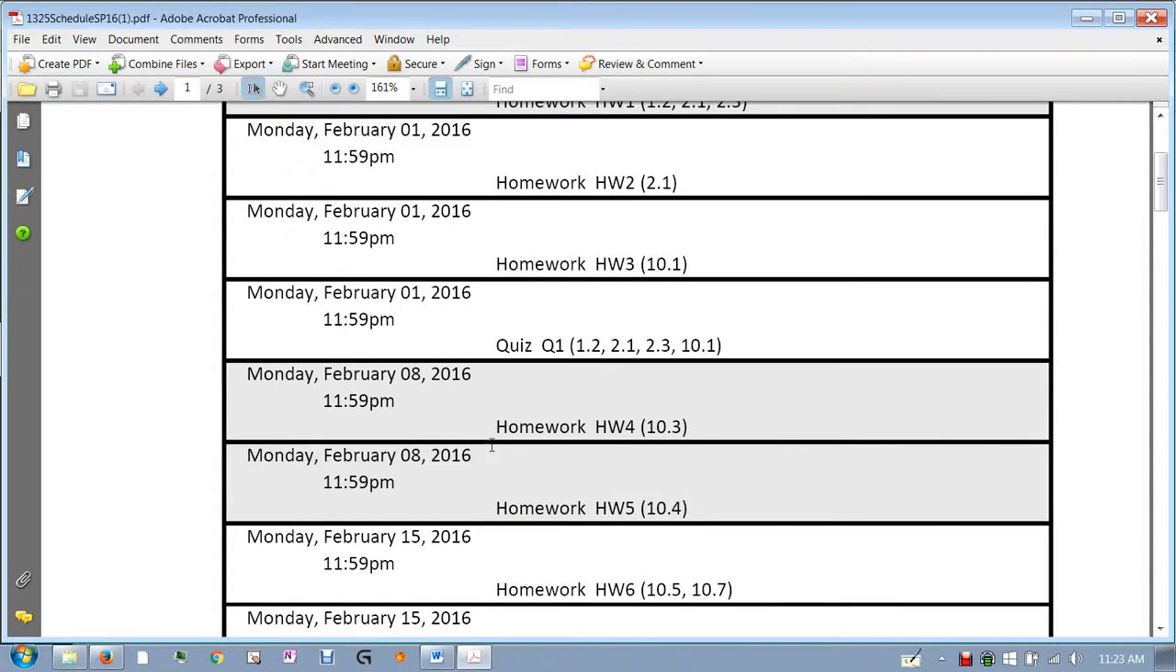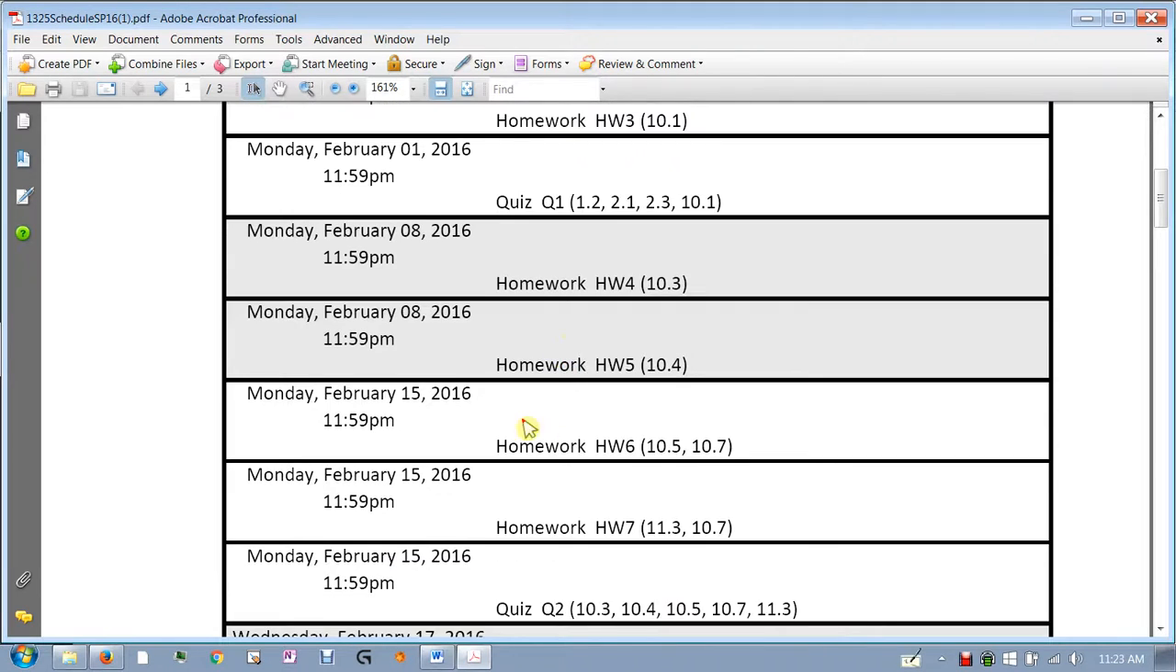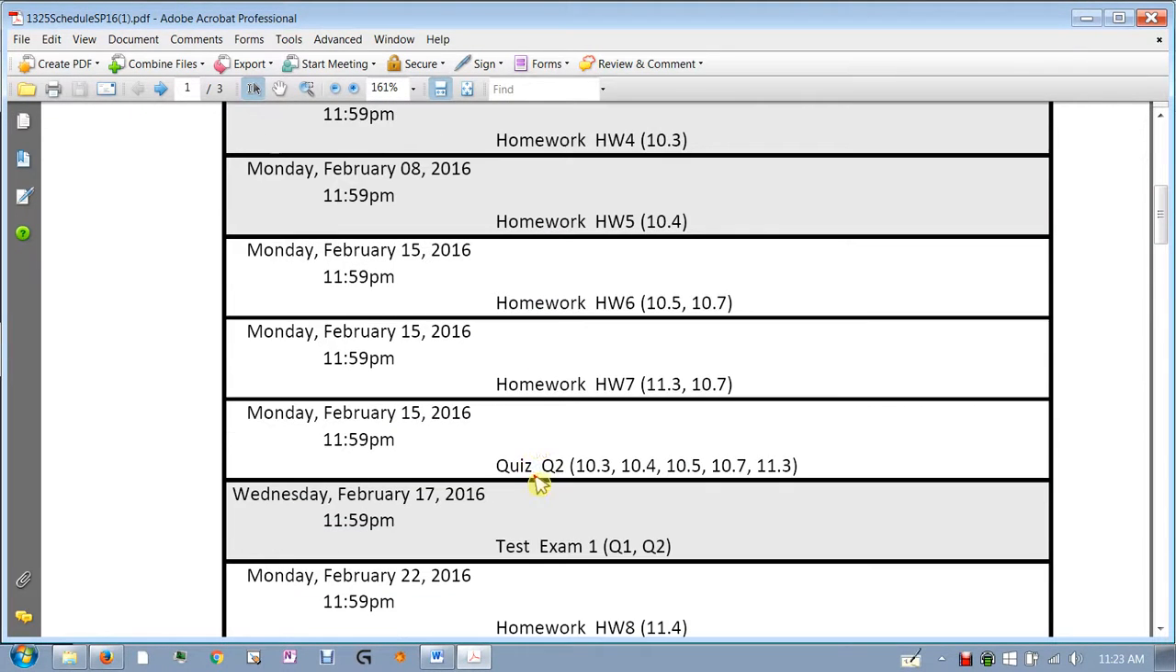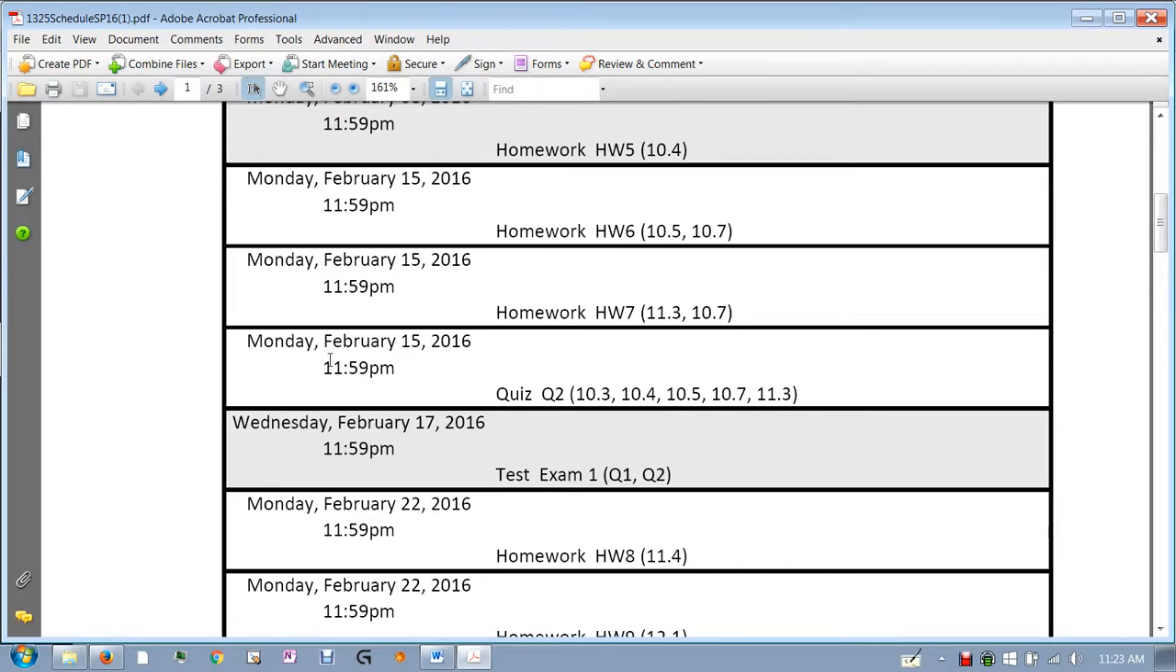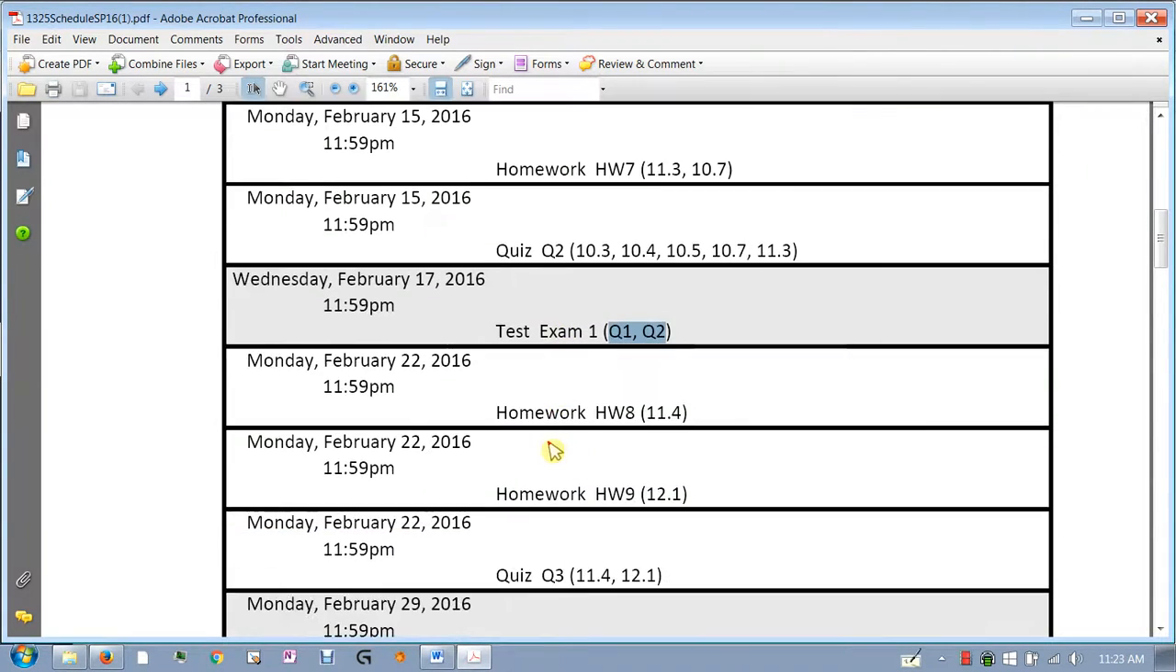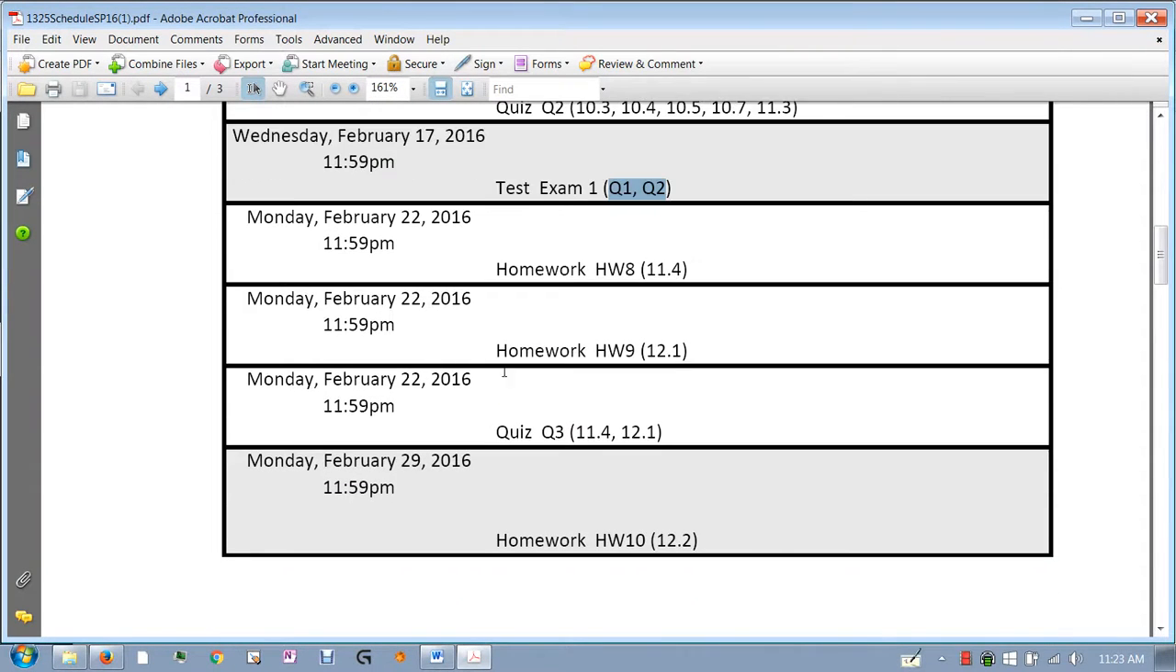Then a week later, you have another set of homeworks due. A week later, you have a homework and a quiz. Then, look at this, just 2 days after this, on the Wednesday, you have your first online exam. It's basically going to cover information that was on Quiz 1 and Quiz 2. And then the rest of the semester works out the same way. So you can just kind of follow this,